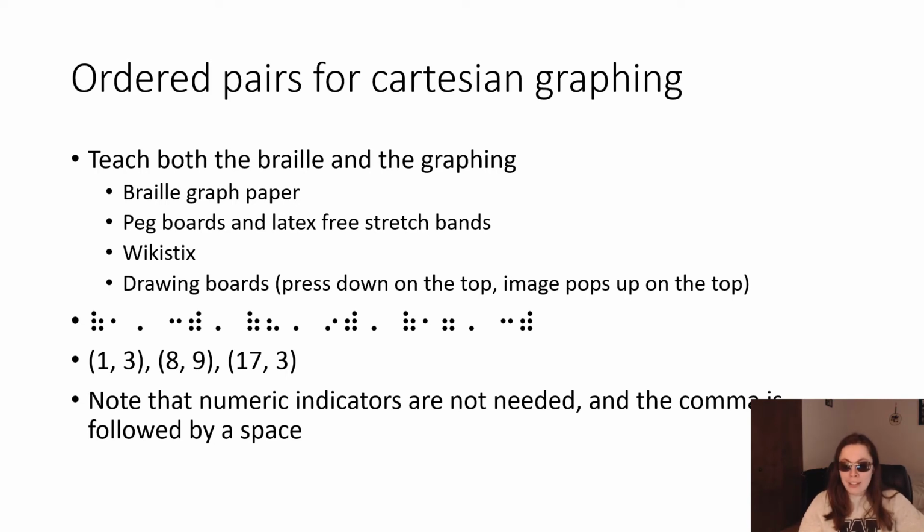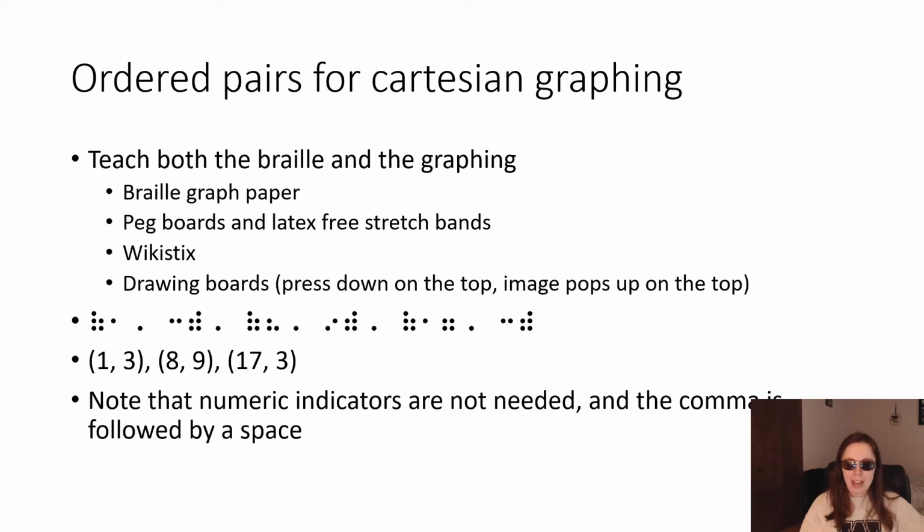To Braille ordered pairs, you'll open the parentheses, write the first number, no numeric indicator needed. It's clear that it's a number because it's inside that grouping indicator enclosed in a list, and because it's in the lower part of the cell, right? So it's really clear that it's a number. The comma, which is .6, and then the second part of the ordered pair, whatever the Y value is, and